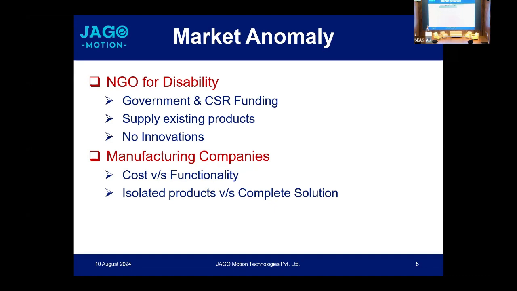The second gap which I see is cost versus functionality. On one side, there are beautiful innovations from Europe and US because people can afford it. Functionality is better. For example, an exoskeleton easily costs more than 3 lakhs, 5 lakhs. In Europe, probably it's a solution that can be easily brought to market, but in India, the moment functionality goes up, the cost also goes up and it doesn't become affordable.